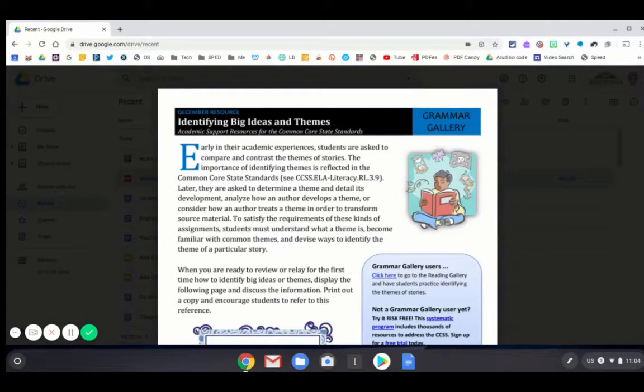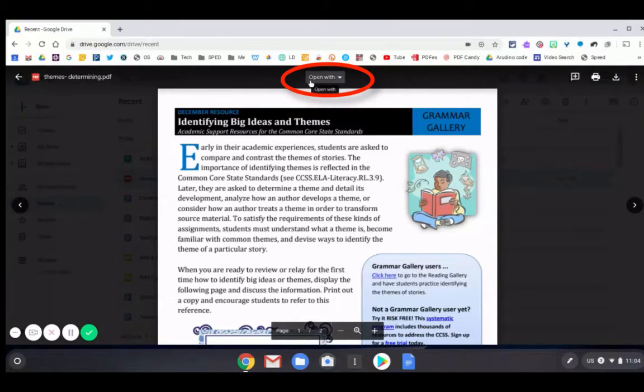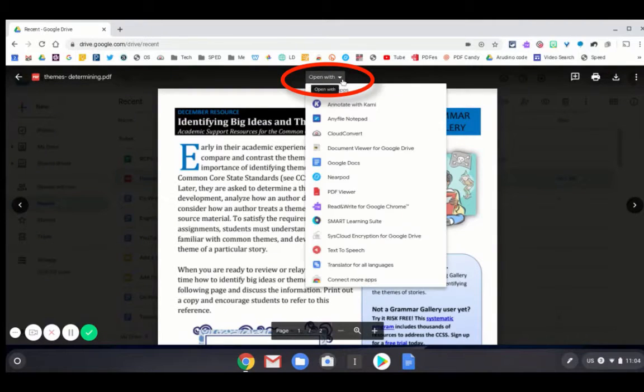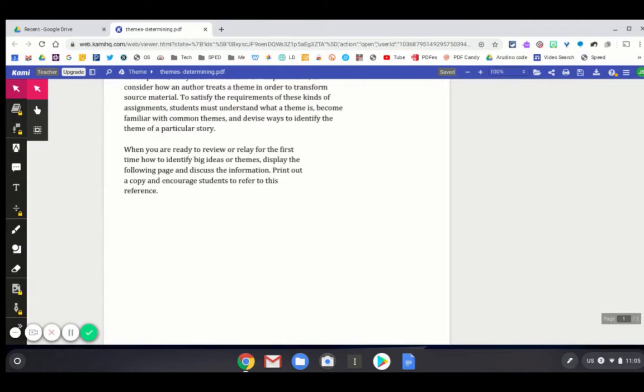Hello, today I'm going to show you how to use CoWriter to listen to PDFs that are in a readable format. First of all, we're going to come on up to the top and it says Open With. So we're going to select that and we're going to select Annotate with Cami. So while it's opening, what you're going to do is select the text and do an Alt click, which is